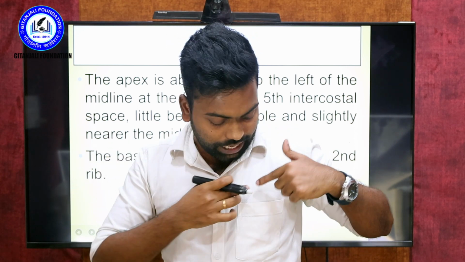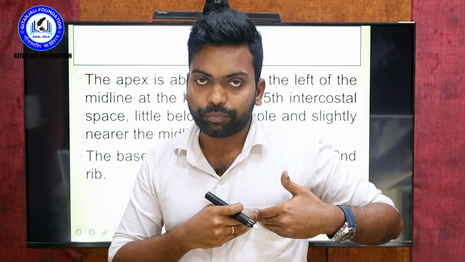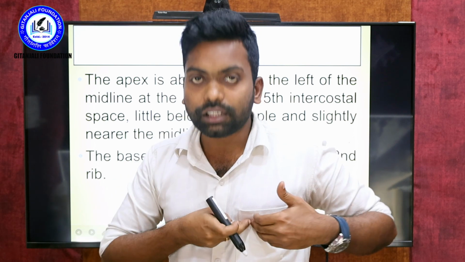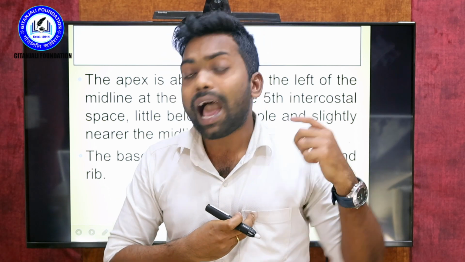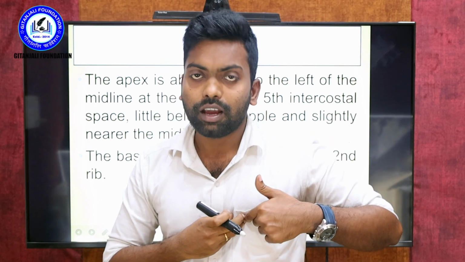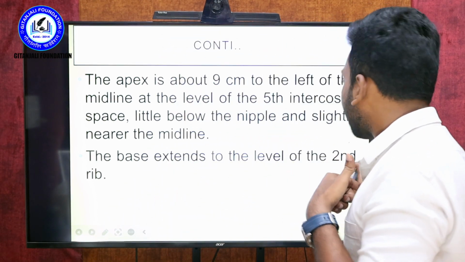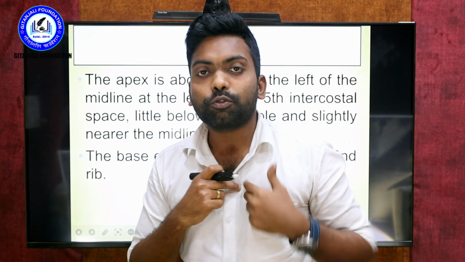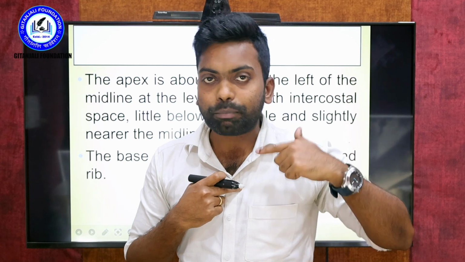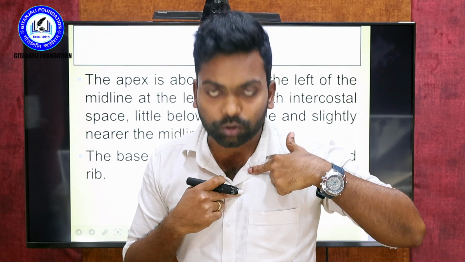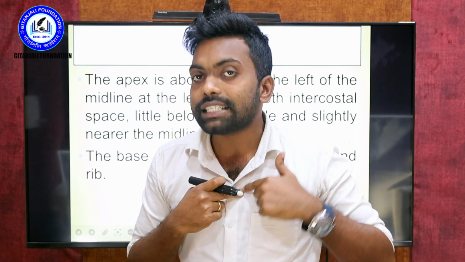Here there is the first rib, second rib, third, fourth, fifth. Exactly, this is the location of the fifth rib, and this is the exact location of the apex of the heart. And the location of the base is at the second rib of the human body. Where the second rib is located, you can calculate from here: first intercostal space, second intercostal space, and that is the exact location